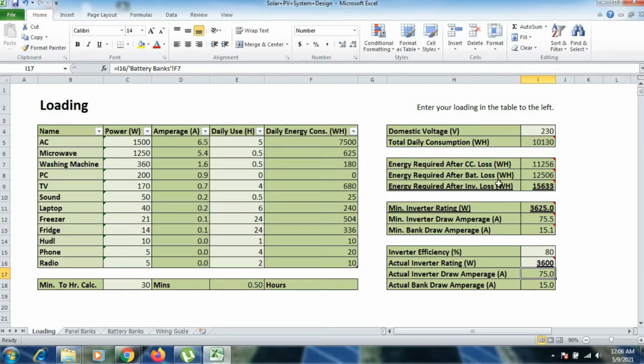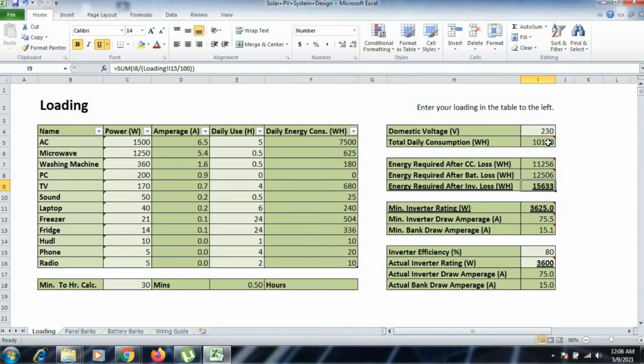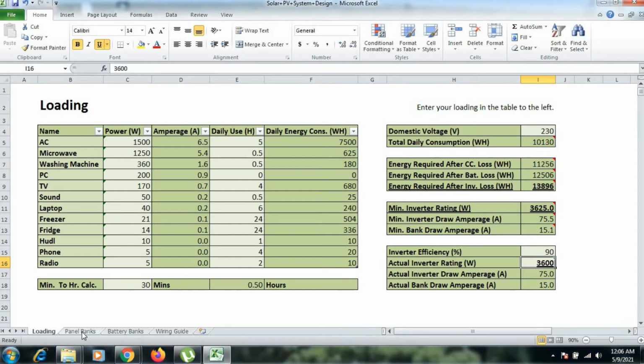Once the inverter loss is higher, we need higher output from our solar power plant to satisfy this particular daily consumption, or you can say the total consumption of this particular house. Now again, if we are taking it as a 90% efficient inverter, then you can see the total watt hour output required from our solar panel will become less because the inverter losses will be less.